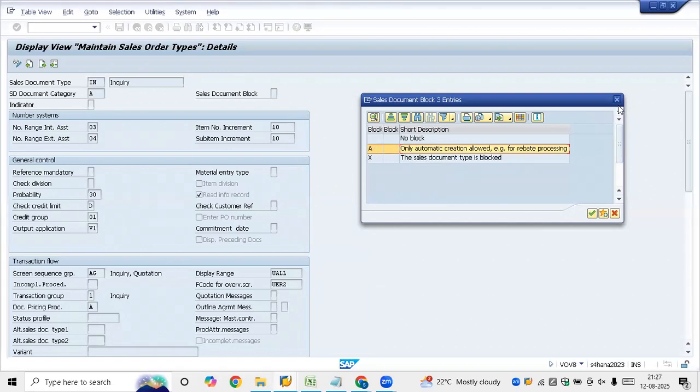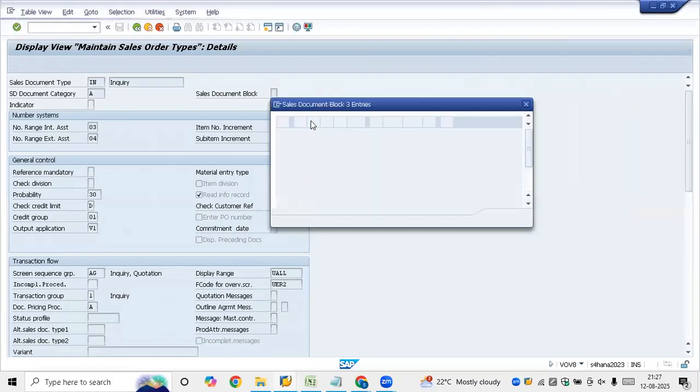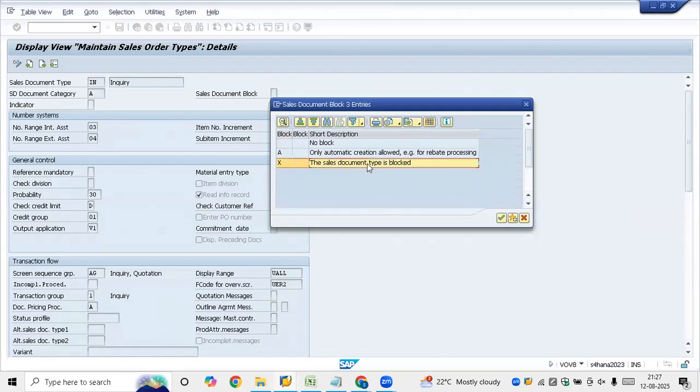Okay, this is a control field. What do we mean by not wanting the document created at all? You put it as X. If you put it as X, the document type is blocked. Block is nothing but you can't do further. Say for example,